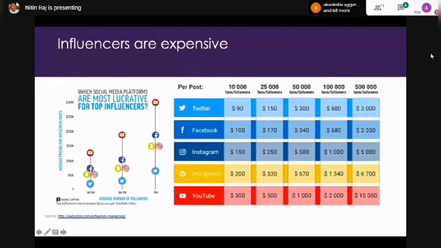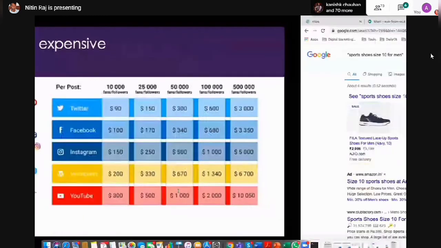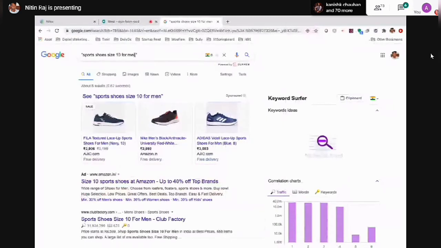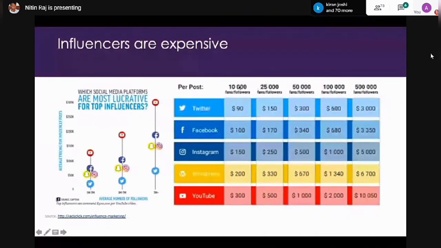Almost all of you are using Instagram. If you start following others or build your own channels and have followers for a specific area, for example, if I create a channel on Instagram for sports shoes size 10 for men, then a very specific audience who have that particular size will be following. Got it? Yes, sir.